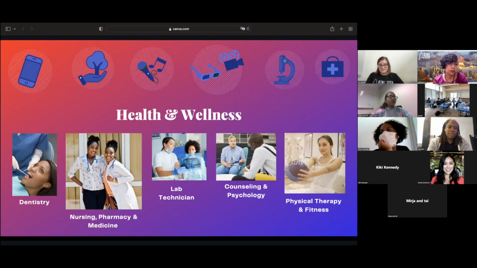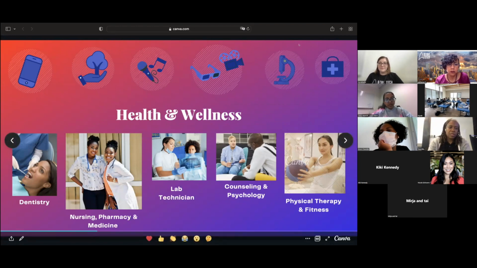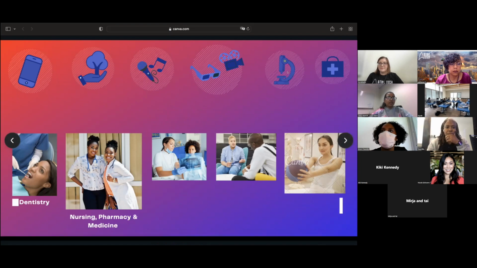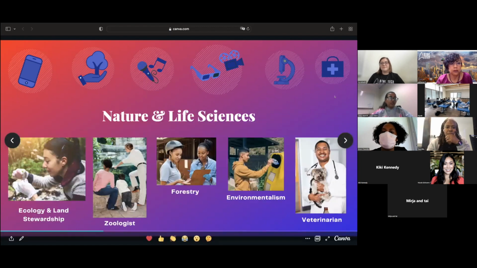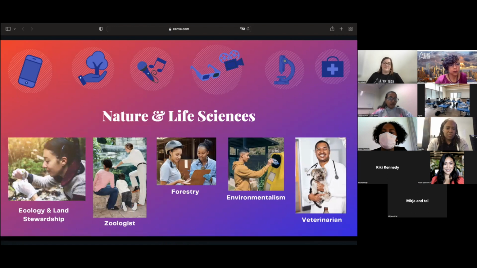Now, here are some science-based careers related to health and wellness. Dentistry, nursing, pharmacy and medicine, lab technician, counseling and psychology, physical therapy and fitness. Other science pathways include the nature and life sciences, ecology and land stewardship, zoologist, forestry, environmentalism, veterinarian,